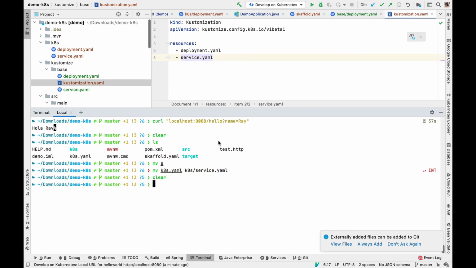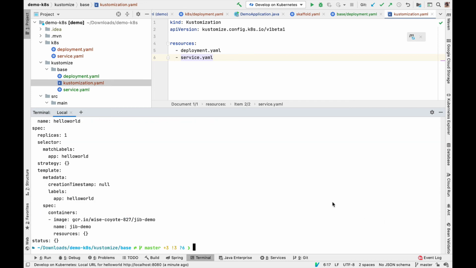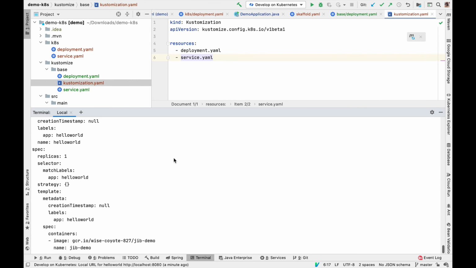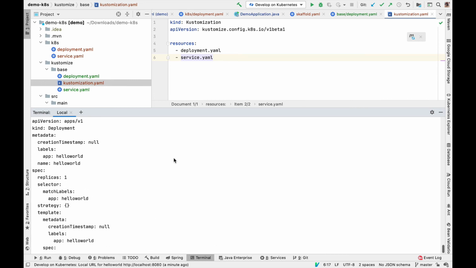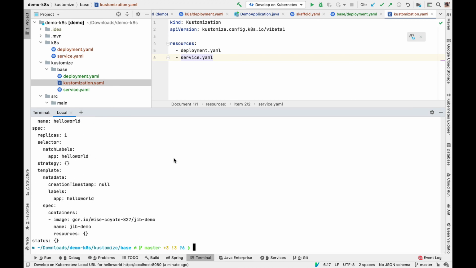It's just a regular set of Kubernetes files. The only difference now is that if I go to the base directory, I should be able to do something like kustomize build. And what this will do is read the customization file and then combine everything into a single output. And then you can pipe this output directly to Kubernetes to deploy everything in one shot.